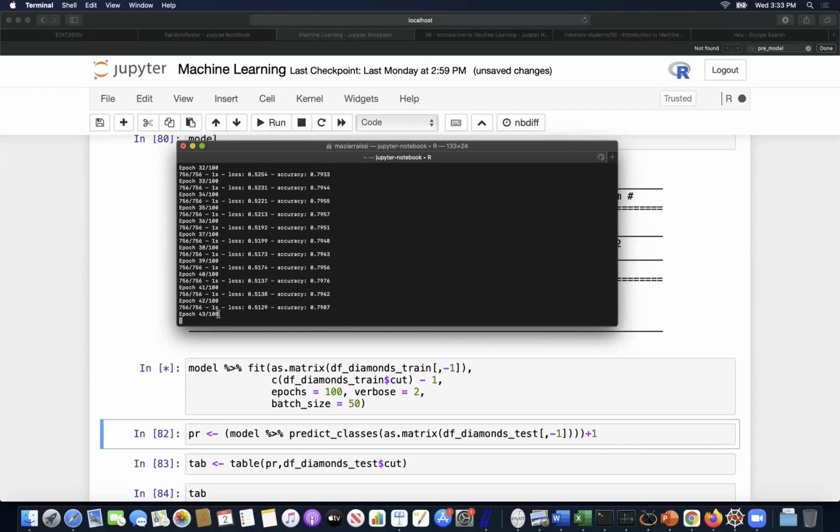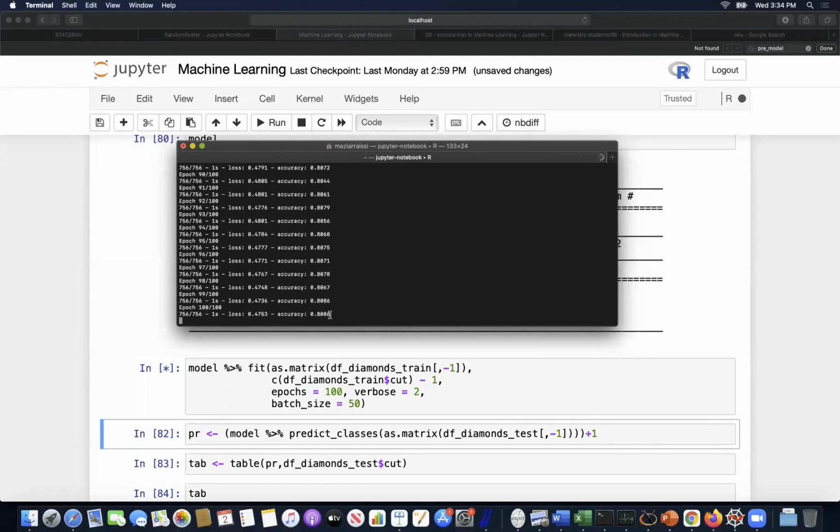It's going to do it for 100 epochs, and it's doing its gradient descent optimization. The accuracy is increasing, the loss is going down, and then we are now at epoch 80, 81, 82. So the computer is doing its job. It's optimizing the parameters for us. Now done. The final accuracy on the training data is 80%, and the loss is